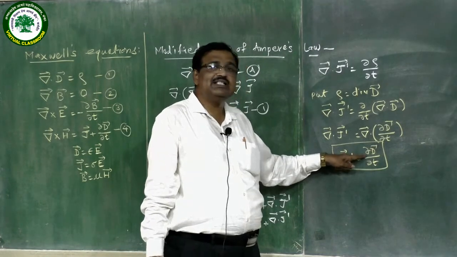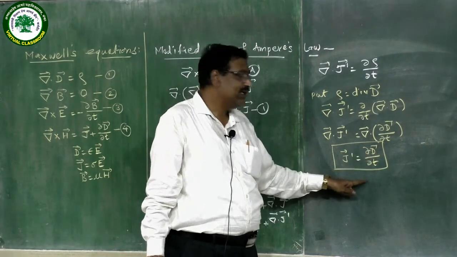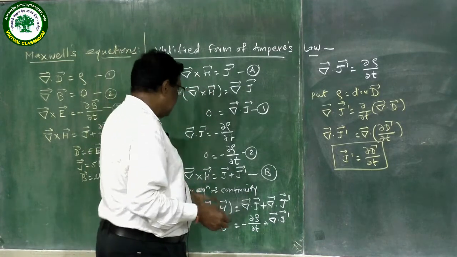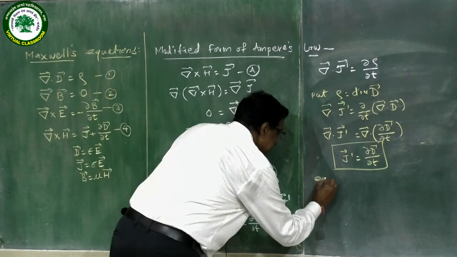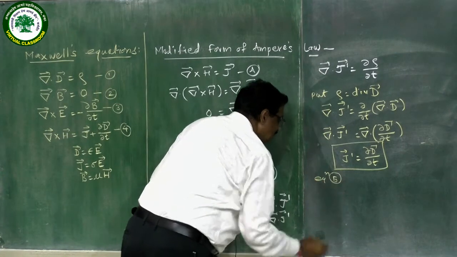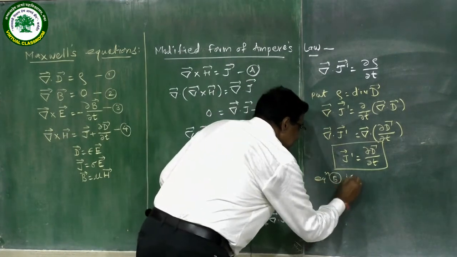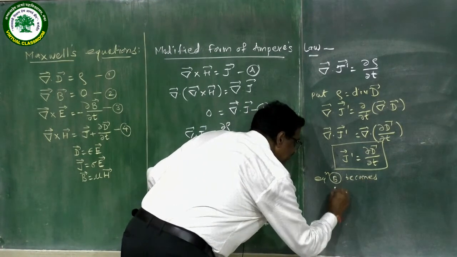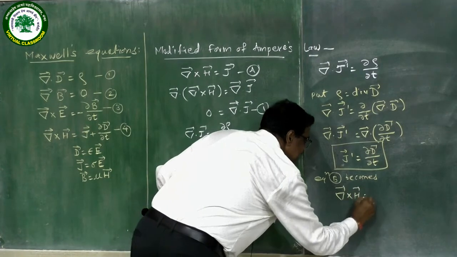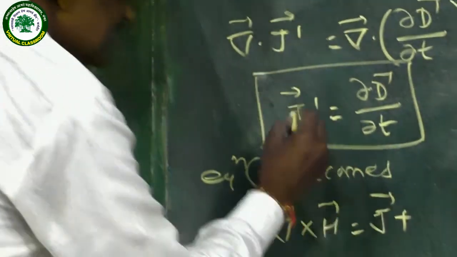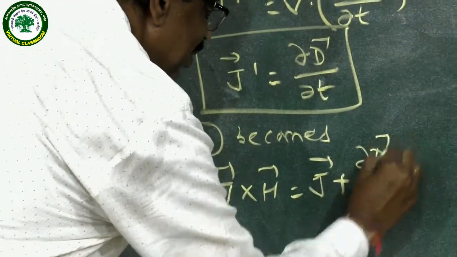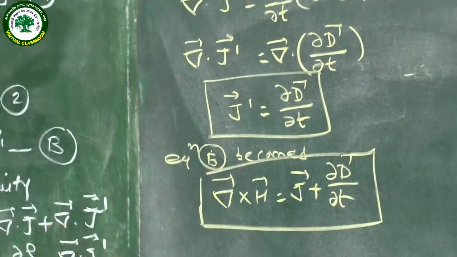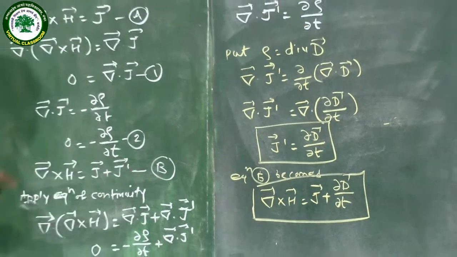So displacement current density is denoted by ∂D/∂T, and so the modified form of Ampere's circuital law becomes, so we have equation number B. So equation B is nothing but the modified form of Ampere's circuital law, and it should be written as: curl of vector H is equal to J plus J dash, where the value of J dash is ∂D/∂T. So this is nothing but the modified form of Ampere's circuital law, and this modified form